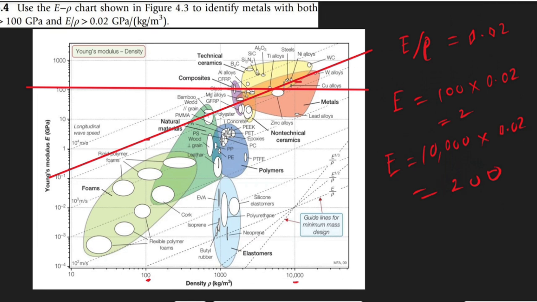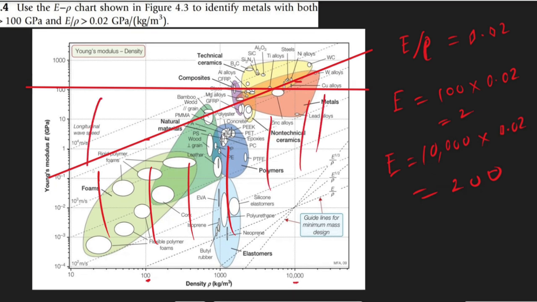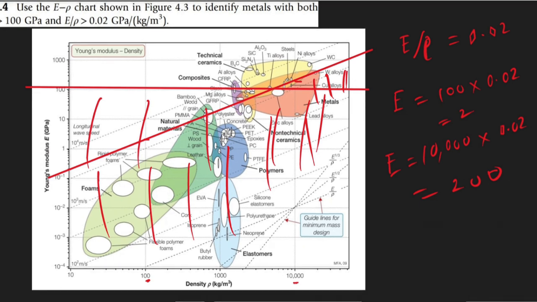We are looking for only metals. So we have to cancel whatever is below here, it is not available, and whatever is below here is not available, and whatever is here is not available. So we are looking for only metals. Only metals. So our answer is the metals, if you look at here, the metals you have